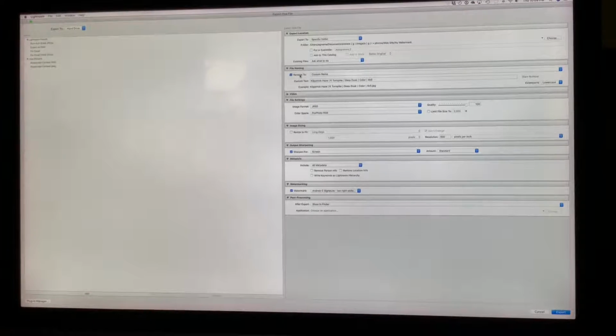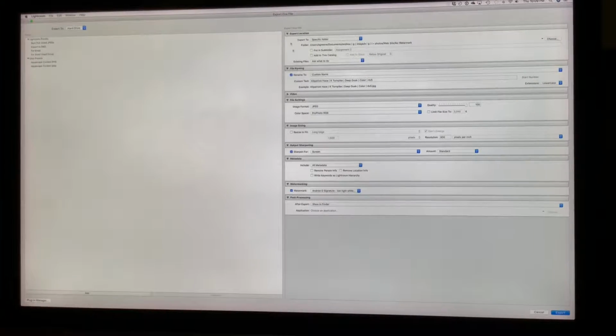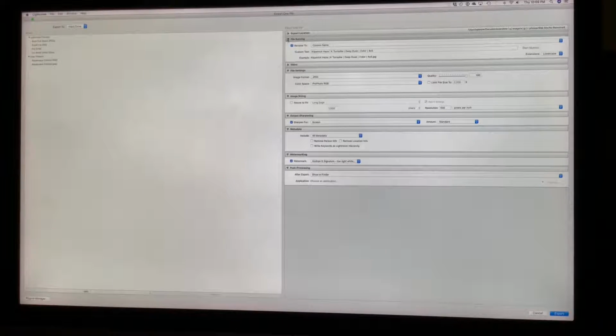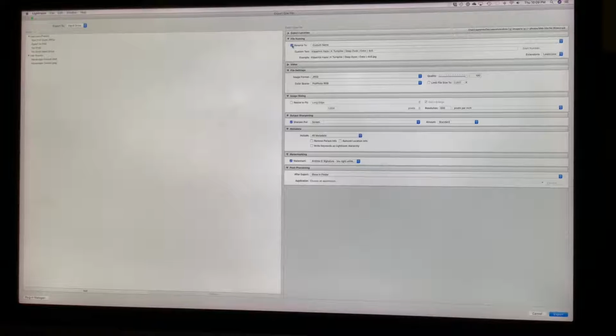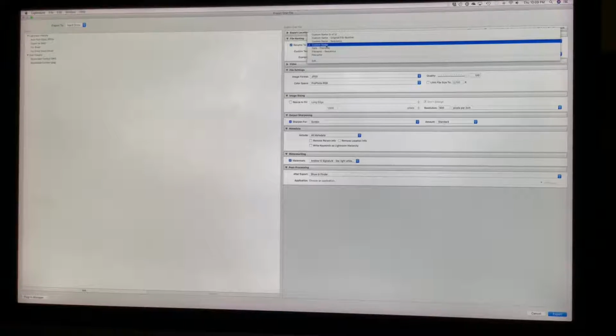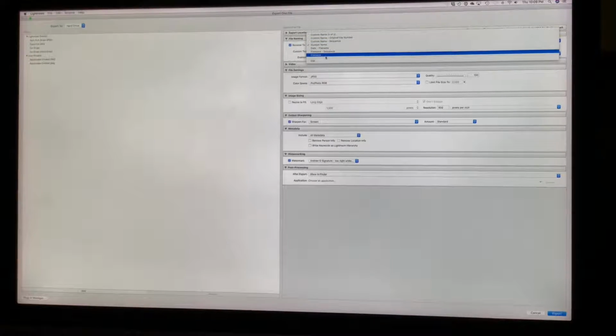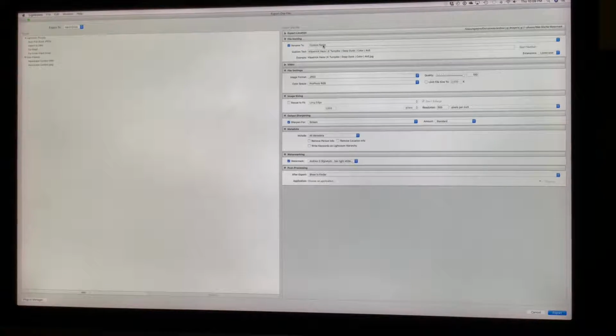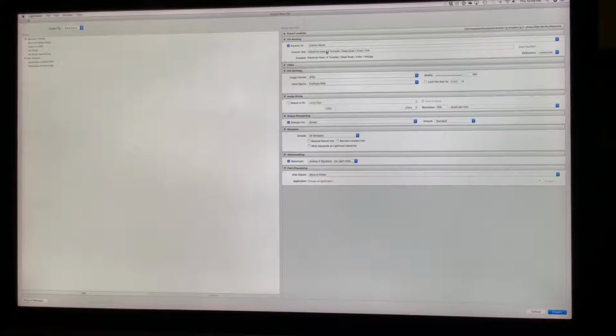Okay, next one is file naming. That top one we were doing is called the export location. Now we're going to move on to file naming, and you want to check the box that says rename to, and then custom name. There's a number of different options in here. I'm only going to cover this one for the time being, custom name. Then on your custom text,